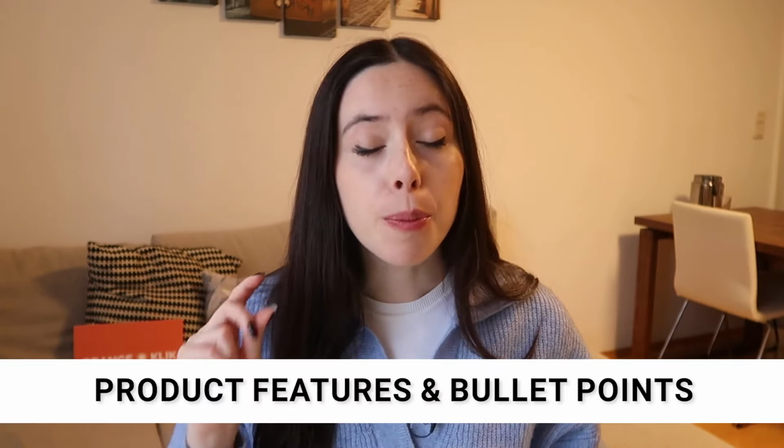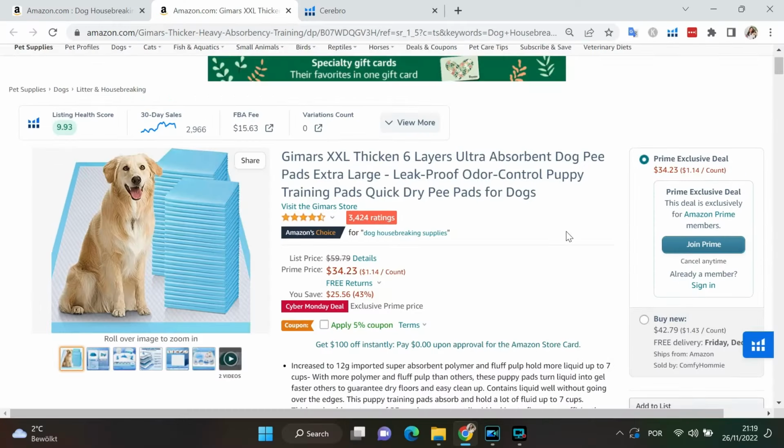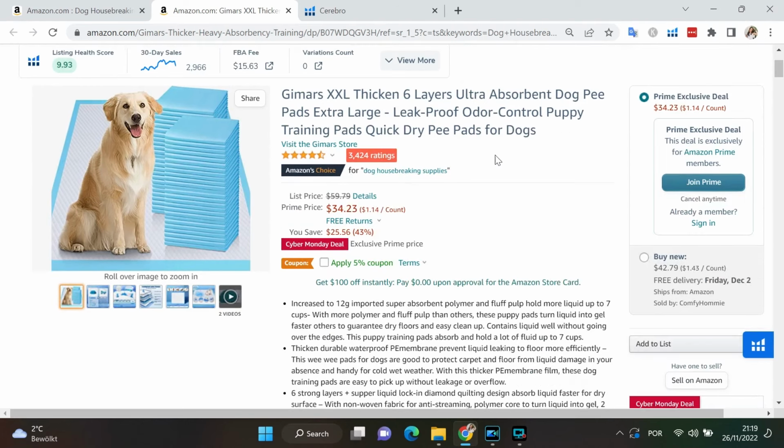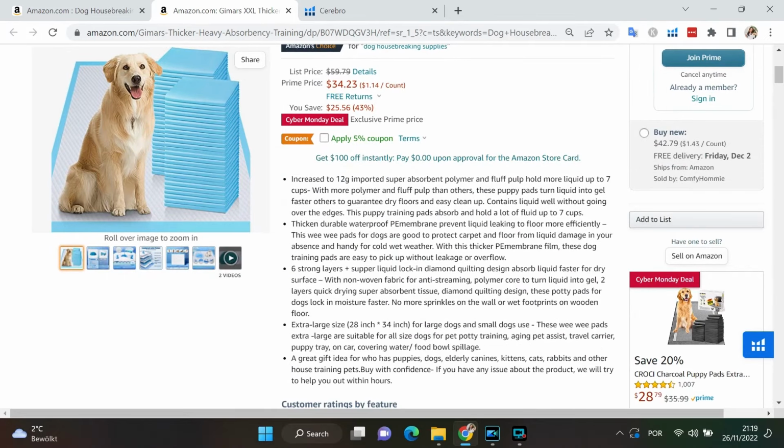The second field is your product features. And your product features are the bullet points on top of your listing. And in these bullet points, you should include as well, at least once, your primary keyword, as well as other keywords that are very useful to describe your product. I want to stay on this listing because I think it is a very interesting one, and it's also a perfect example of what I meant. There are different approaches on how to write features and descriptions, titles for listings.